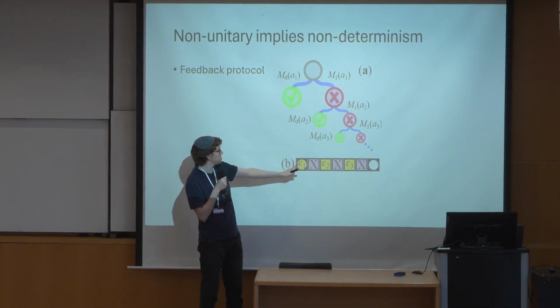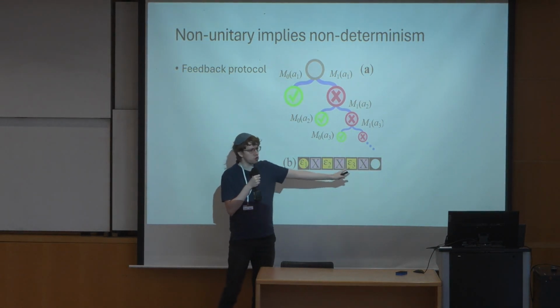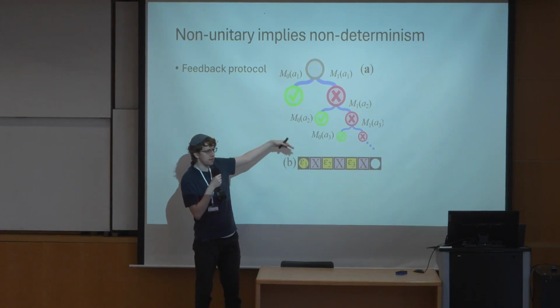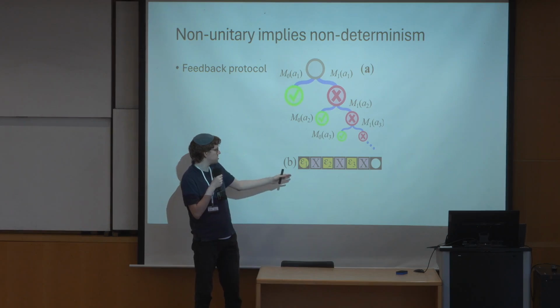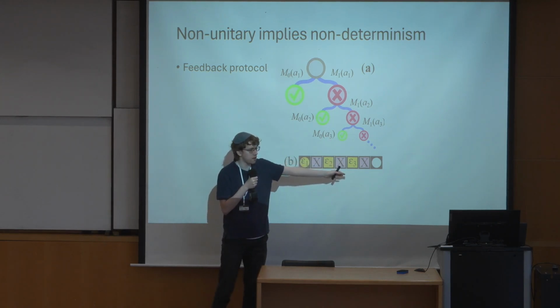So the idea is that instead of 2 qubits to do the rotation, you have many more qubits, but you have some kind of protocol that allows you to correct the measurements. If the first one fails, you have the second one to correct it. If both of them fail, you have the third one.